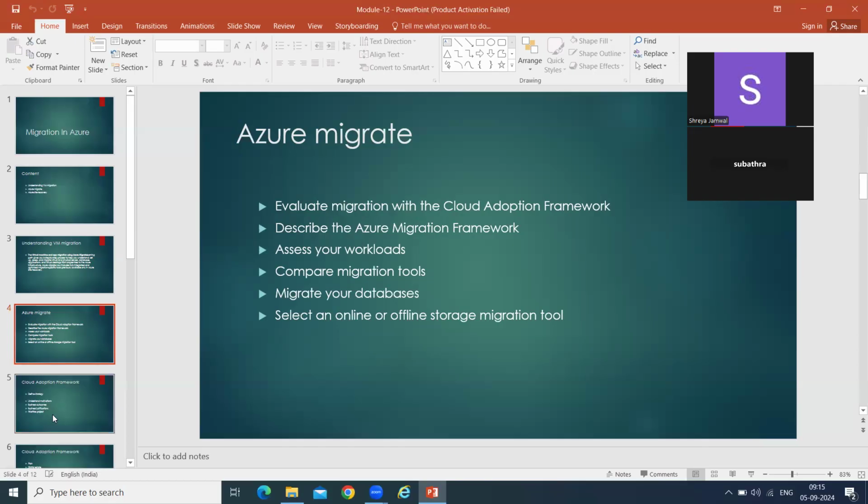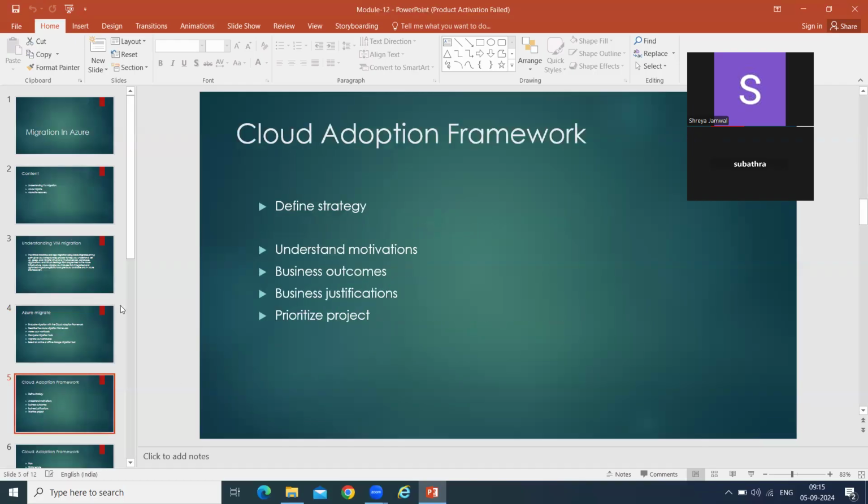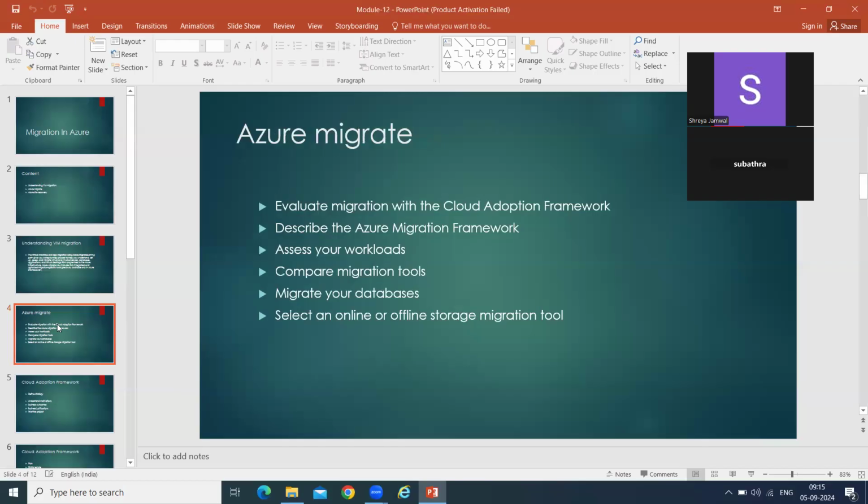Then we started with the online tool first. There is one thing called Azure Migrate, a tool they have. But not necessarily, some people are not comfortable with migration using the Azure Migrate online tool. So then there are other lift and shift methods offline. Lift and shift usually means Azure Migrate, where you are just using an online tool and moving whatever existing resources you have on premise into Azure.